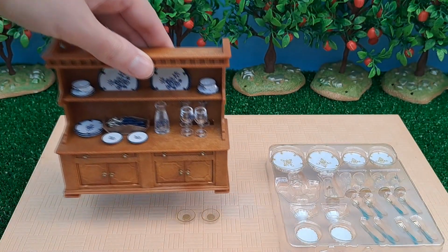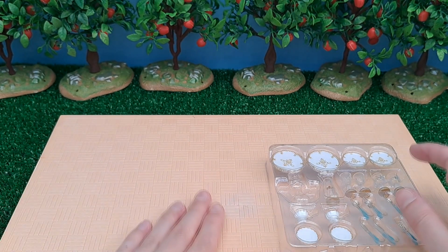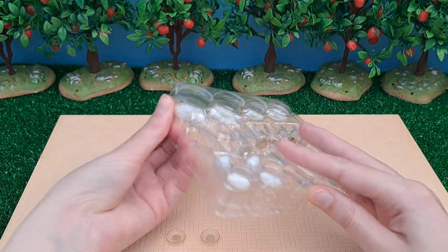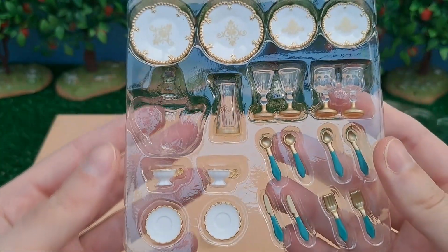I'm not going to take everything off here because it took me ages to make it all nice and neat and pretty, so I just want to pop that straight back in the house it's come from. But let's have a closer look at these. So I might just leave it in the box, to be honest, because it's going to be fiddly, but here's